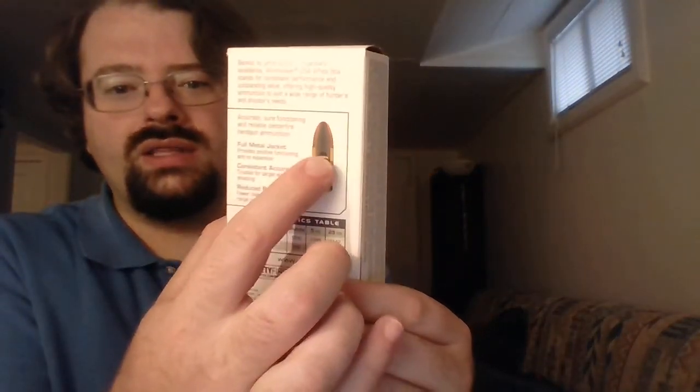And these bullets, like a lot of cheap ammunition that are out there, only have a copper jacket around the front and outside, but nothing on the back. And these ones on the back actually have a little cavity there. And so if you get a situation where either the cartridge is not able to go all the way into the chamber because of debris and whatnot, or because it's still in the loading process and the hammer falls before it's fully loaded, but for whatever reason it's not in the chamber all the way, and the pressure hasn't built up enough to send the bullet through the barrel yet,